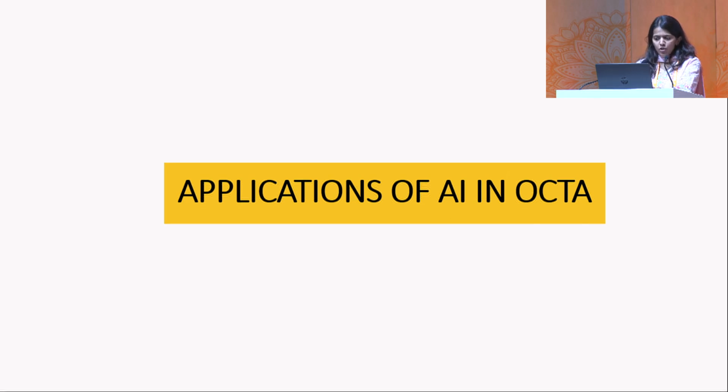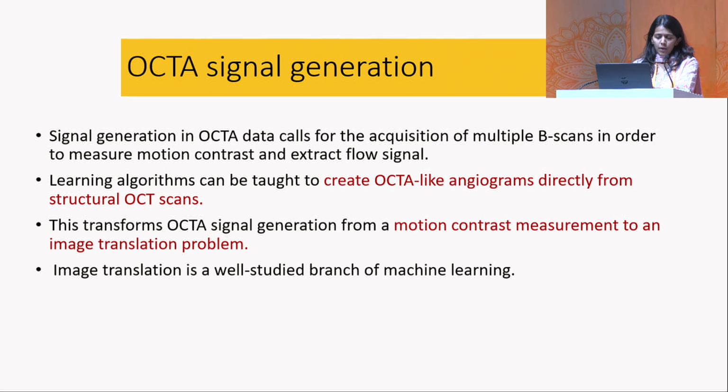Let's look at the applications of AI in OCT angiography one by one. Now, signal generation is one of the most important steps to generate good OCT angiography images, and we know that it requires multiple B scans to measure motion contrast and extract the flow signal. However, learning algorithms can be taught to create OCT-like angiograms directly from maybe a single OCT scan. This transforms OCTA signal generation from a motion contrast measurement to an image translation problem, which is a well-studied